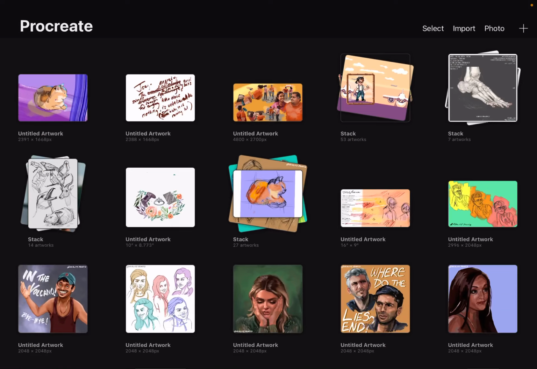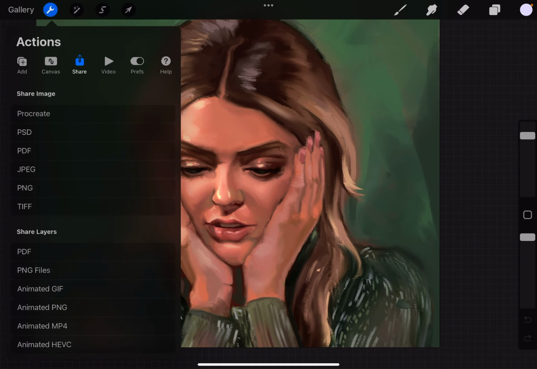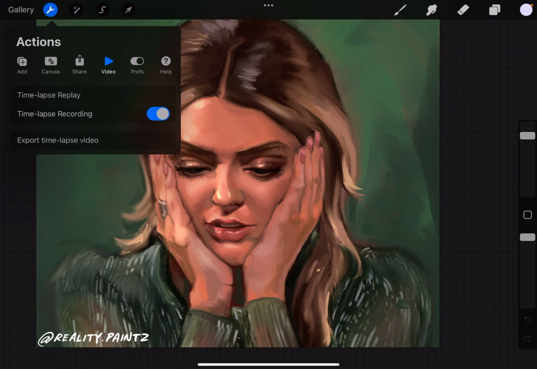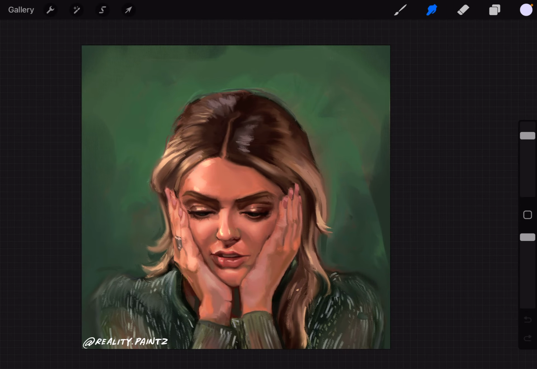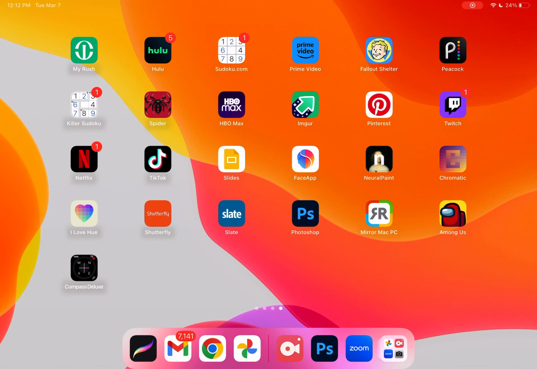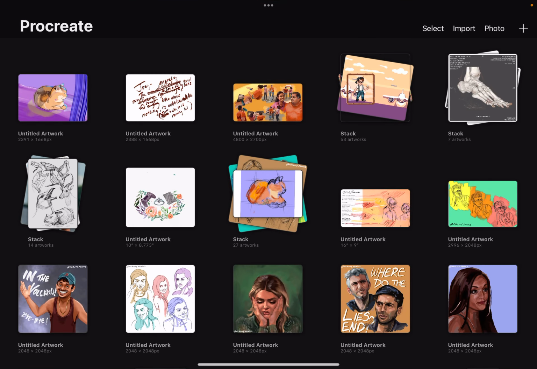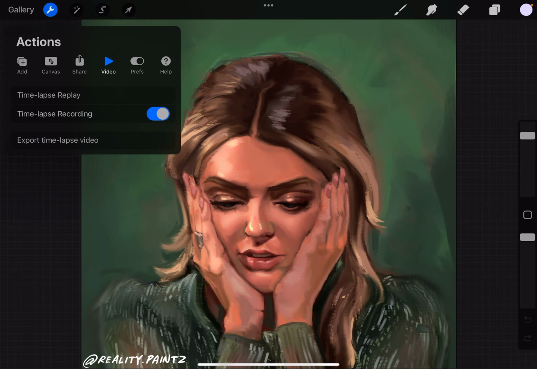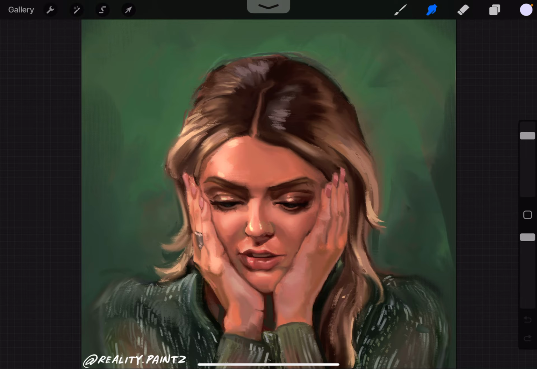Now, in comparison, if we look at Susie from The Bachelorette, for example, if I were to look at a time-lapse replay of how I did this one, can you show it? Can you do it? Oh no, it freaked out. Procreate crashed. I'm sorry, Susie. It's okay. No, I don't think it likes doing it. Here, I'm going to stop recording my screen for now since the demo